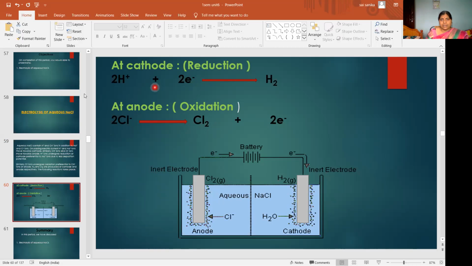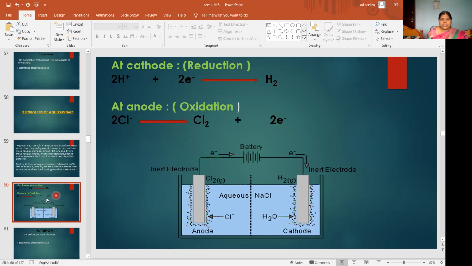Whatever Na plus and OH minus ions are present in the solution will form sodium hydroxide as a byproduct. So here hydrogen gas is liberated, here chlorine gas is liberated. So this is about electrolysis of aqueous